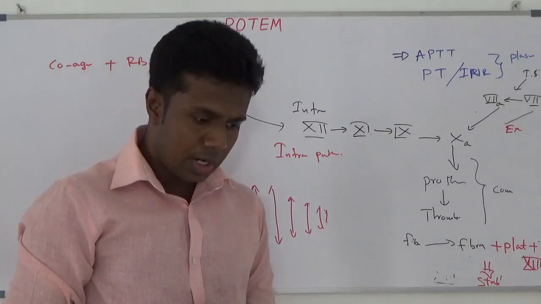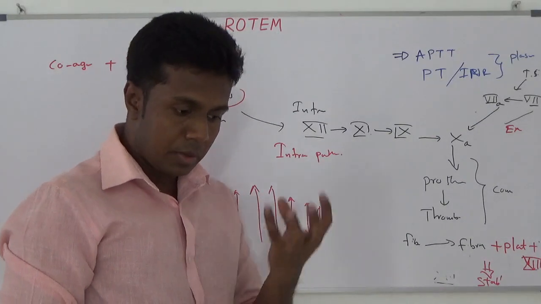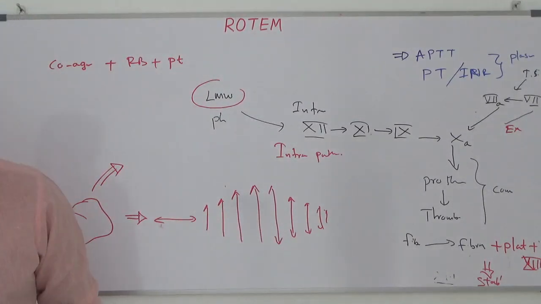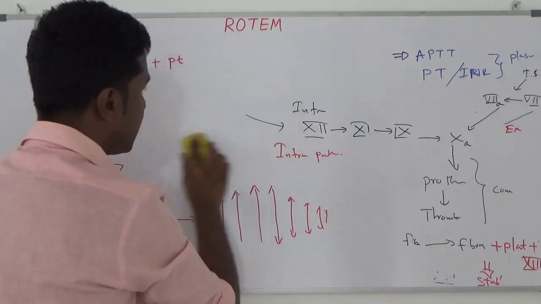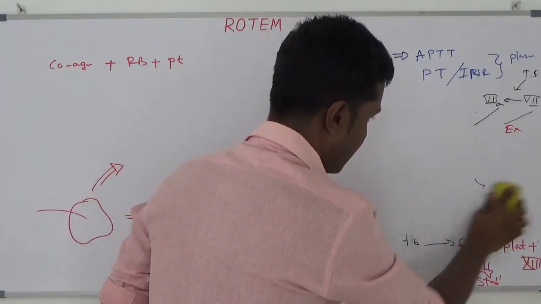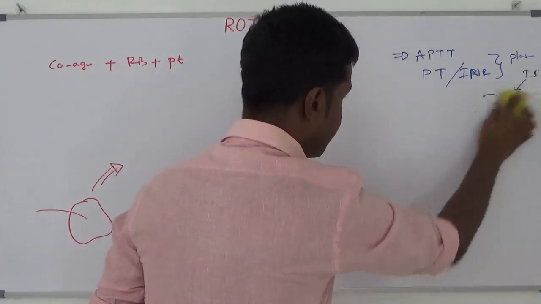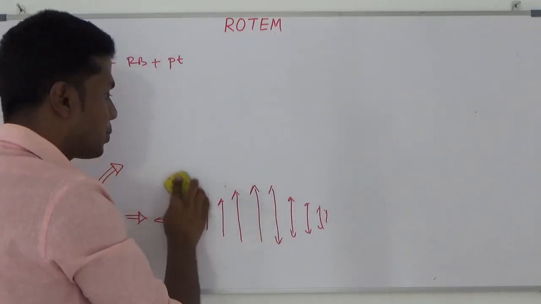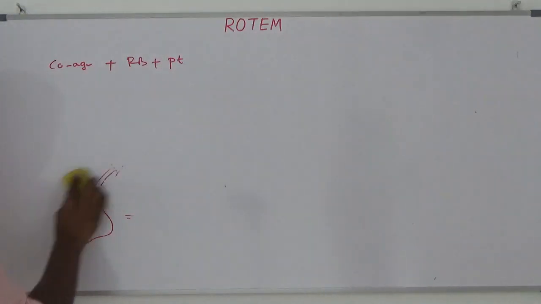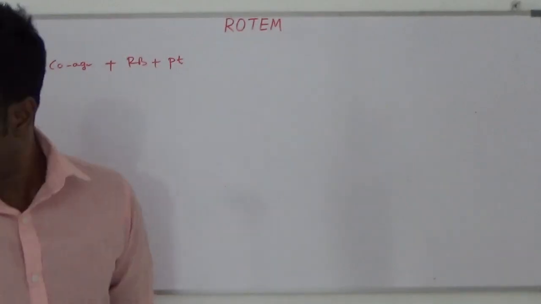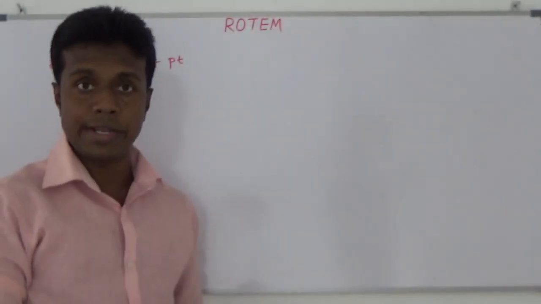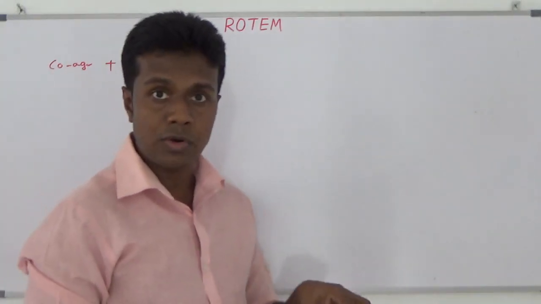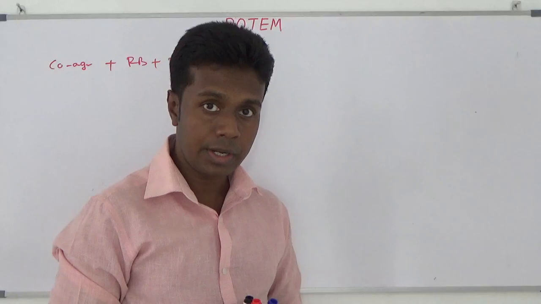Then Dr. Hartert took a blood sample from a patient and added a little bit of citrate to that blood sample. Why did he add citrate? Citrate is going to chelate your calcium, and for the coagulation process you should have some amount of calcium in your blood. Now you are deficient in calcium because of adding citrate. Citrate and calcium are neutralized, so your blood is lacking calcium right now, and the coagulation process will not occur.